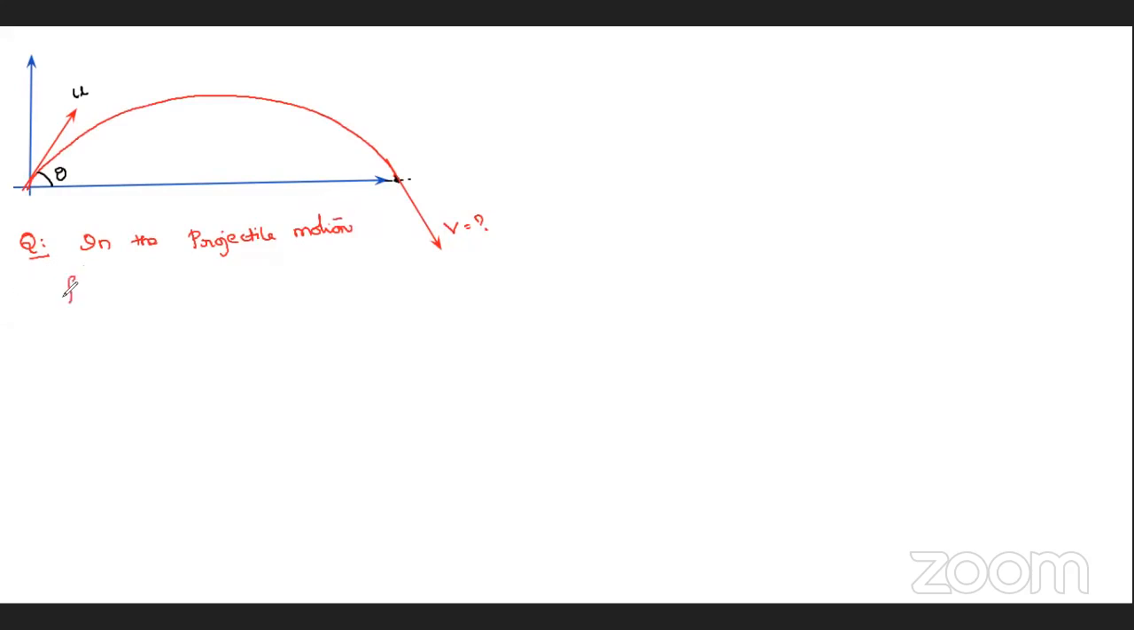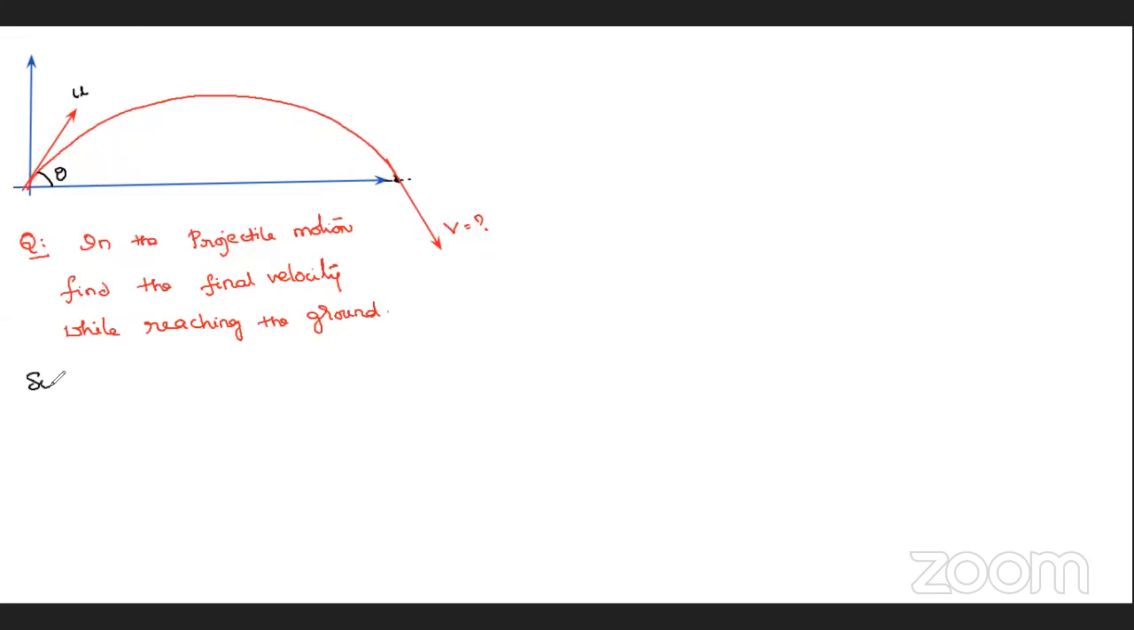Okay, find the final velocity while reaching the ground. I am not asking after reaching the ground, because after reaching the ground, obviously its velocity becomes zero. Before striking the ground, what will be its velocity? Okay, nothing to worry about here. Why? Because